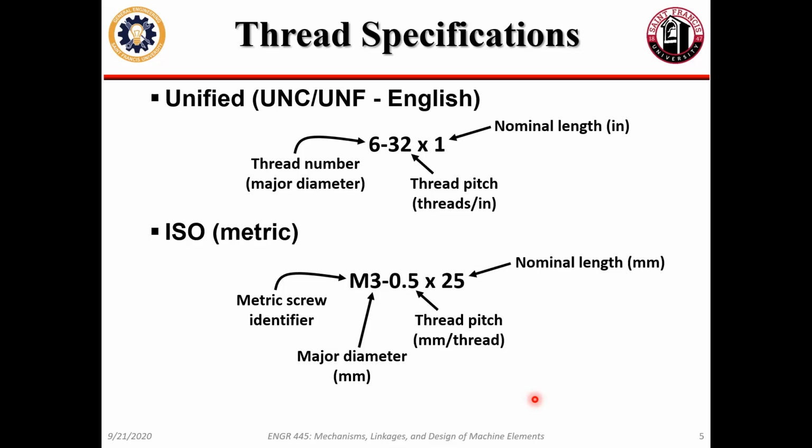So how this thread spec works, which is almost all English screws, is that it starts off with a thread number, which corresponds to a particular major diameter, dash the pitch measured in threads per inch. So that means that if I take this lead screw here,